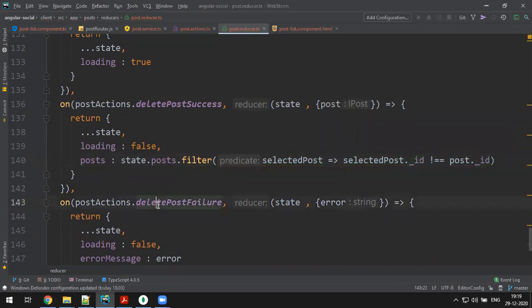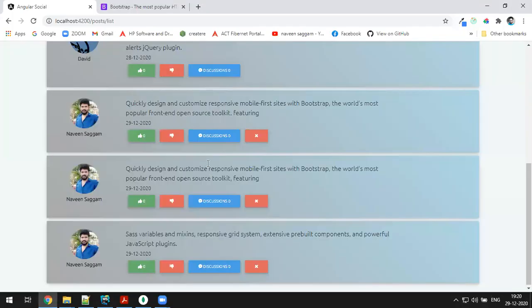That's it. What I made is, already 10 posts are there. If one is removed, the remaining 9 will come. So I made a filter on 10 posts. Get me all the posts which do not match this post. Except this post, get me all the posts. It means get me the 9 posts except this one. Correct, that's the logic. You get all the remaining posts. Okay, that's fine.